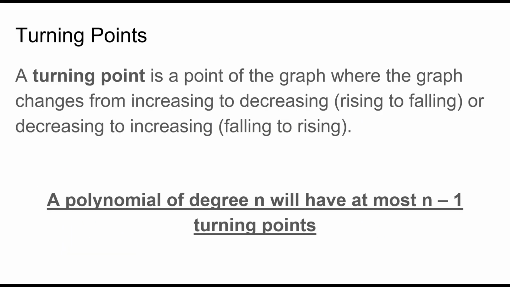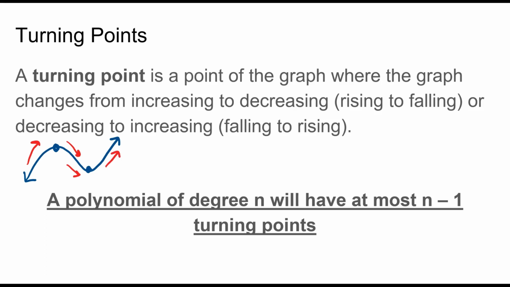Now we're going to talk about turning points. Turning points are the points on the graph where the graph changes from increasing to decreasing or decreasing to increasing. For example, this graph has two turning points. It was increasing, now it's decreasing. It was decreasing, now it's